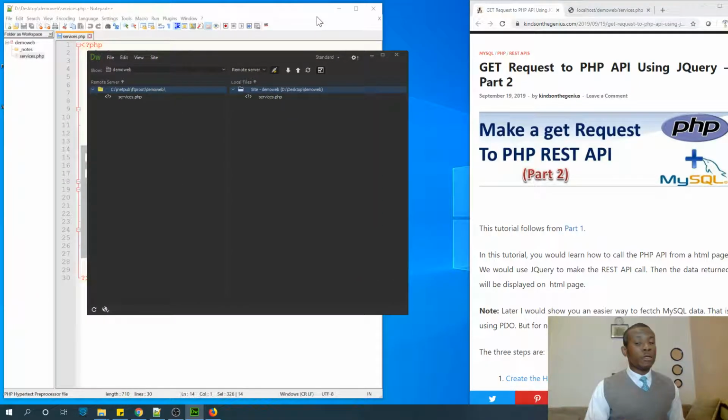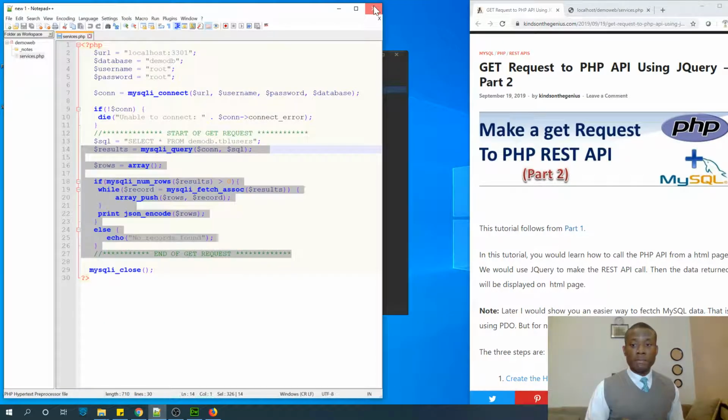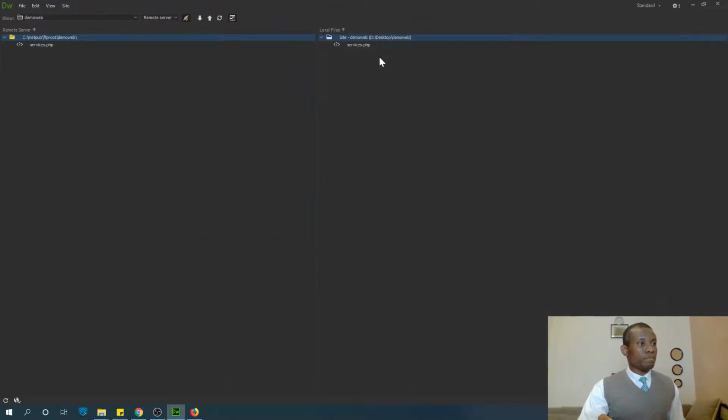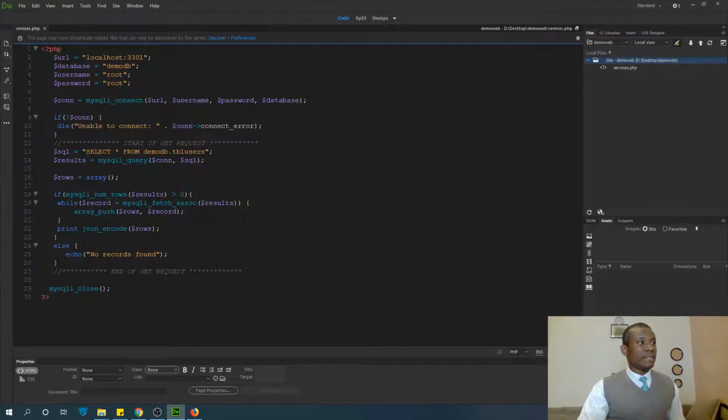So I'm going to now close Notepad++ because we've decided that it's better for us to use Dreamweaver. So let's close Notepad++ and then we are going to use Dreamweaver, all right? So this is the Dreamweaver window open, and now if I make any changes right here, it's going to reflect